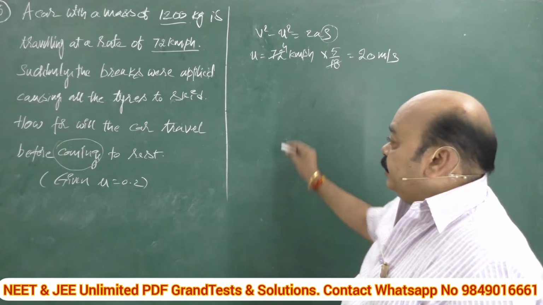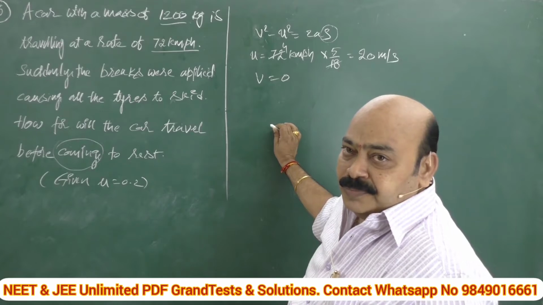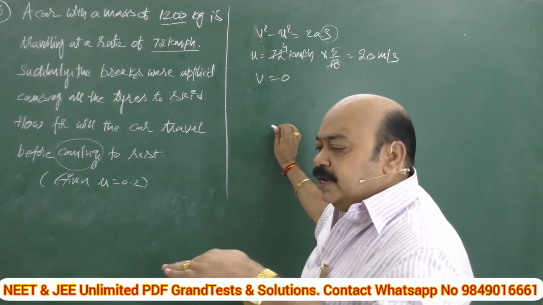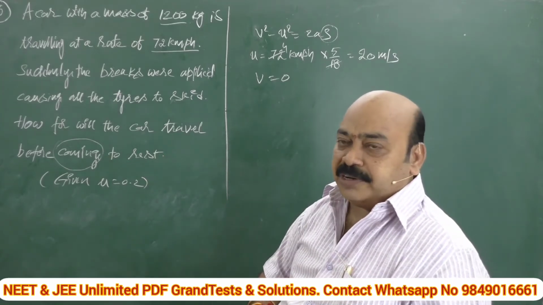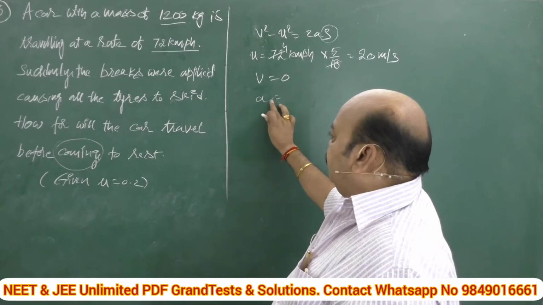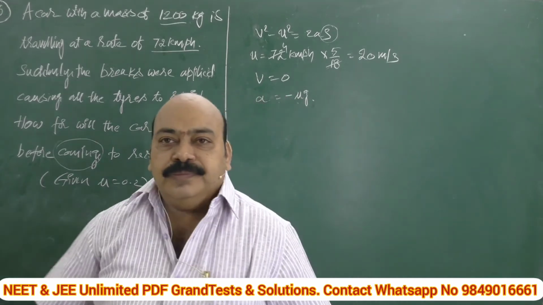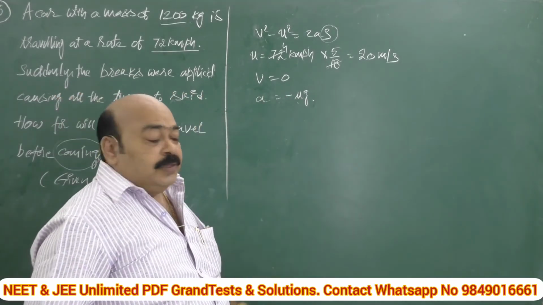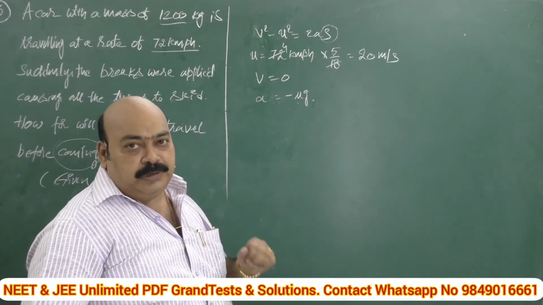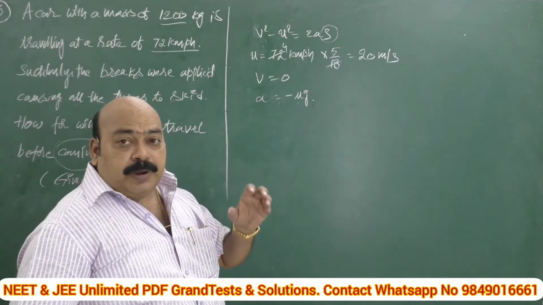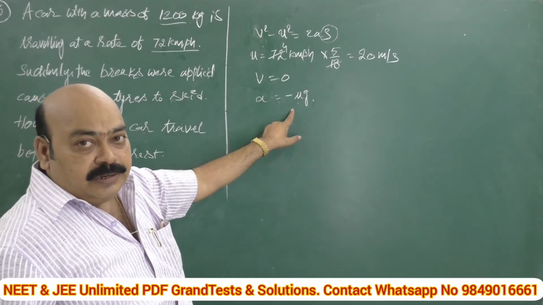Okay, fine. Finally it comes to rest, which refers to v is equal to 0. Since brakes were applied, it causes resistance to the motion, nothing but deceleration, nothing but retardation. That's why a is equal to, with the presence of friction, minus mu g. You can apply this acceleration a value in all equations of motion. That means during kinematics, whenever the problem is in relation with friction, you can use this technique. Very comfortably you can solve this, right?